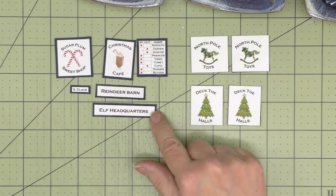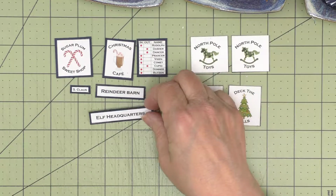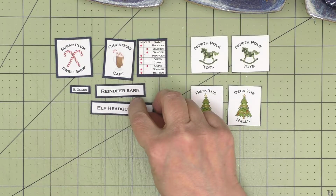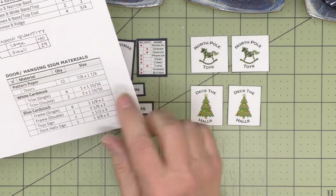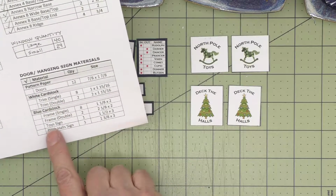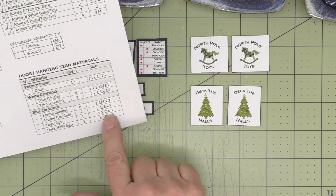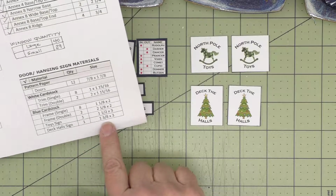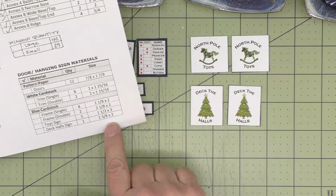So I have all of my signs outlined in blue cardstock, and I've prepped them with score tape on the back. And then for these, under our chart that says door and hanging sign material, you'll see for the toy sign we need a piece that is 1.5 by 3, and for the deck the hall sign we need a piece that is 1 3/8 by 3. So I'll go ahead and get those cut,